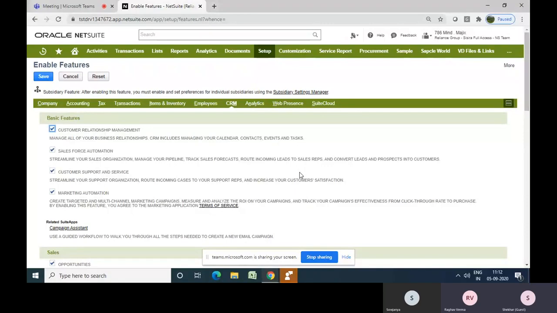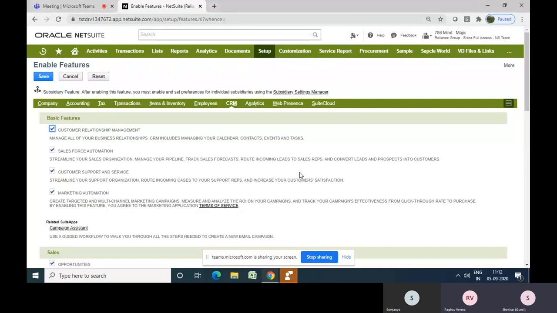Anyone from Bangalore gets assigned to the Bangalore person only. It's not random, where a Delhi customer gets a representative from Bangalore. So that kind of thing we can do.